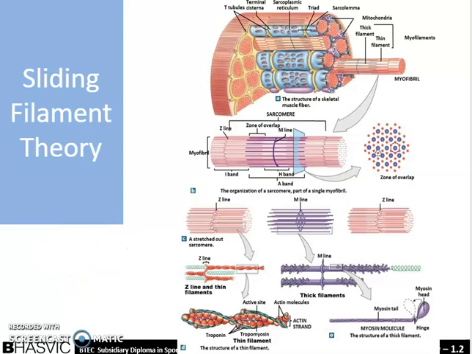This section is about sliding filament theory. This is the theory of the thicker sarcomere sections of the myofibrils intertwining, sliding into each other, creating contraction. So at the sarcolemma, these sections